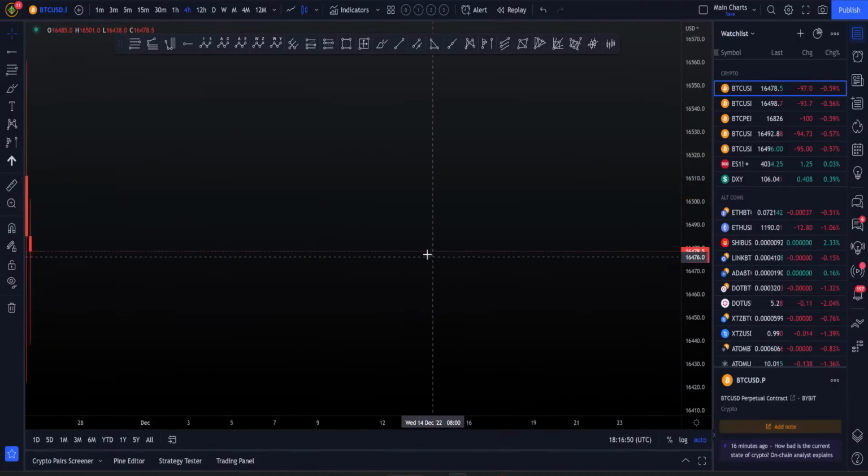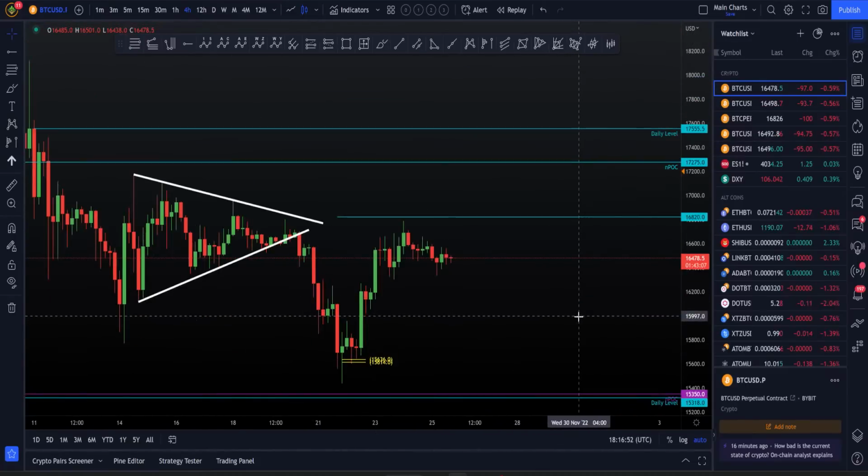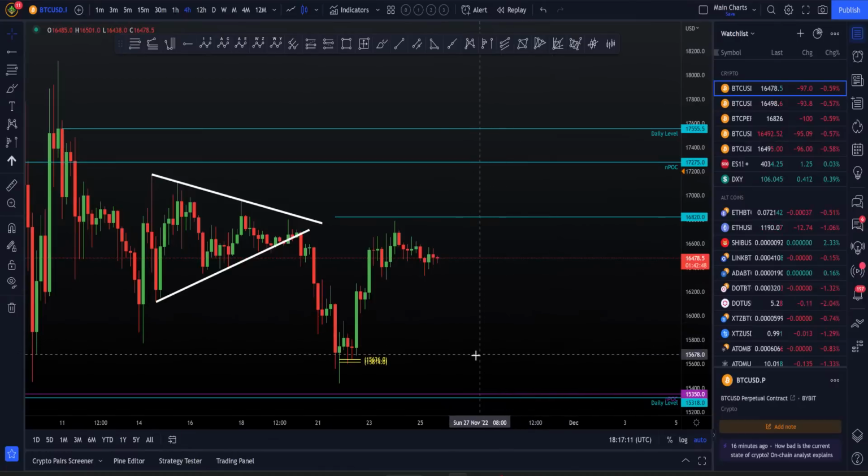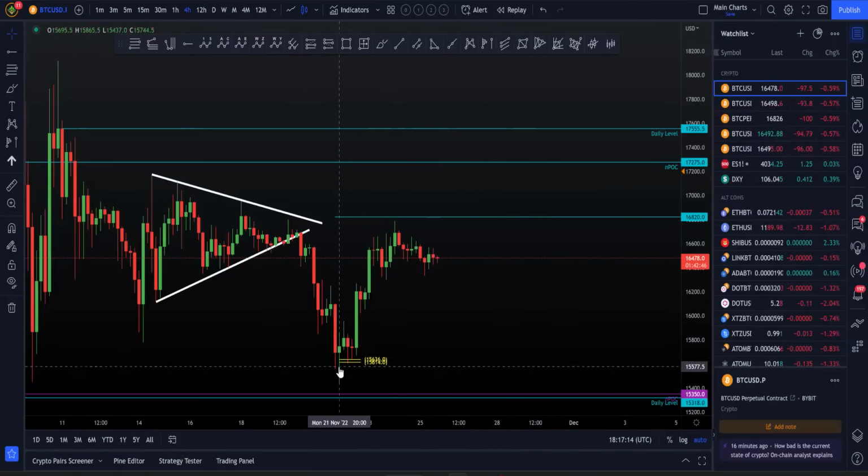Until that changes, I must admit, I'm happy to stay in my larger, higher time frame shorts. I still have the $69,000 short, still have the $52,000 short, still have the $48,000 short, 47, 48. Still have all those shorts open. I have one long, and this is the only long that I have open, and that's actually from down here at the swing failure pattern. So I have one long, three shorts.